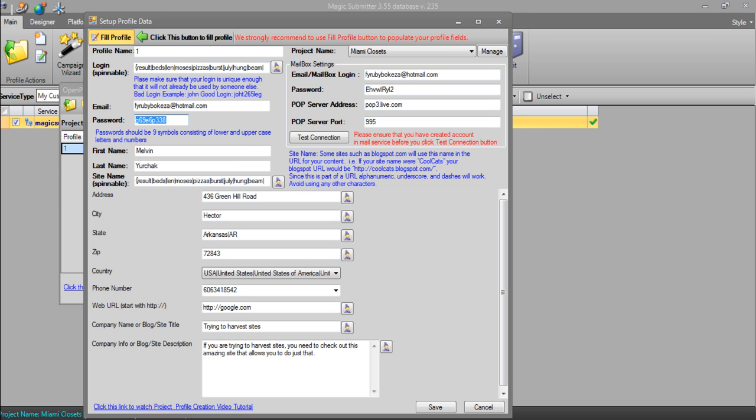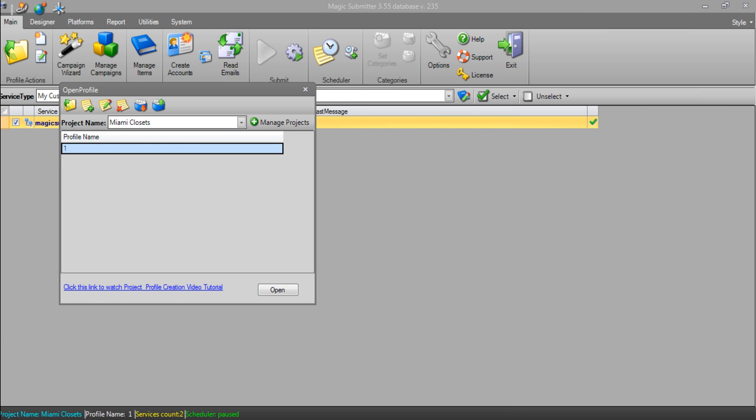So when it's asking here for your username and your password, you could just put your login here. So let's just pretend that the login for this was admin, and then I could set the password here as admin as well and click save. And then Magic Submitter would basically then go through and it would automatically assign that login name and password to all of those